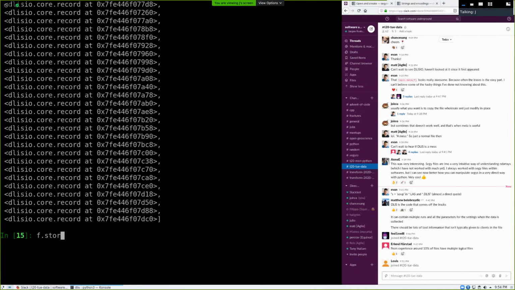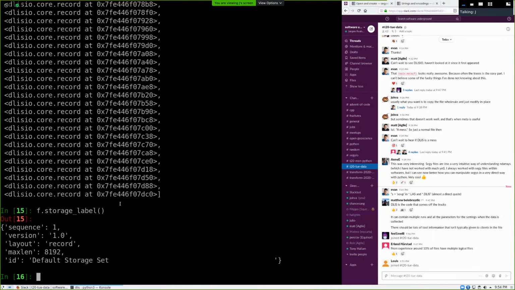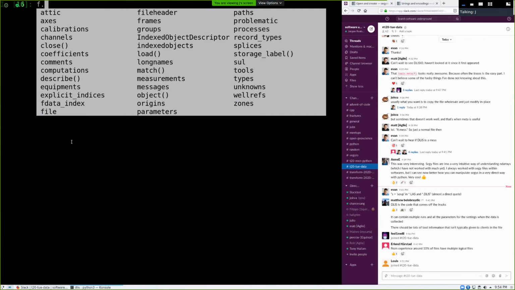okay. Because this is an old tape format, it has a storage label, which is pretty much the label that you would put on the box that the tape came in. You would just tape that one on there. And at least in one of the files, this says Schlumberger, I know here, but this is the default storage set. Okay, so let's go back to the file and let's get the,